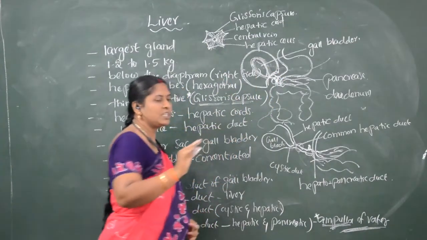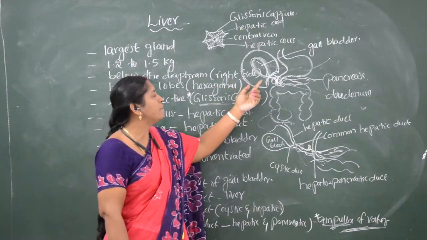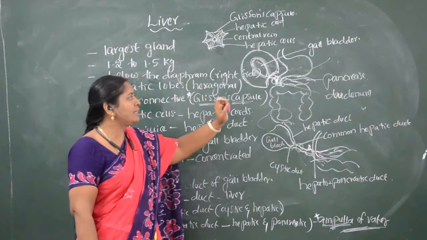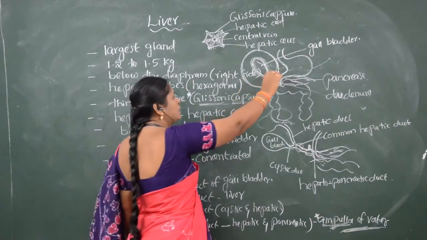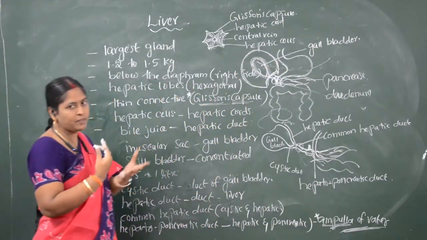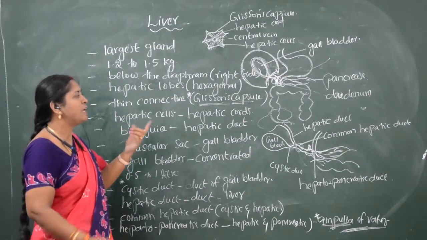What is cystic duct? The duct which arises from the gallbladder is called cystic duct. And another duct also arises from the liver. That duct is called hepatic duct. So this hepatic duct which is coming from the liver and the cystic duct which is arising from the gallbladder, both